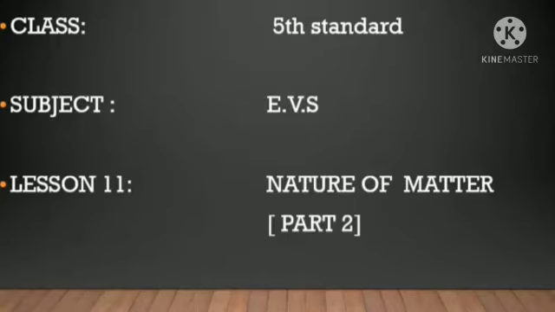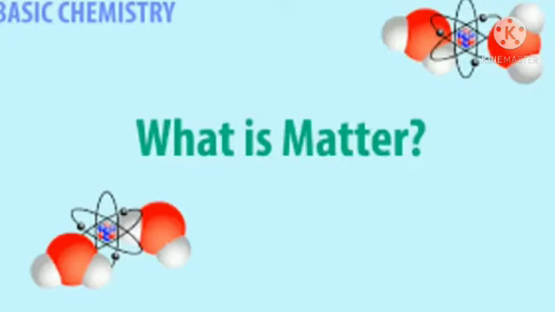The following video is for class 5, subject EVS Environmental Studies, lesson 11, Nature of Matter, part 2. In part 1 of this lesson, we did some activity, that is we collected some objects and we figured out if they are soft or hard materials or brittle materials, and so on. Then we saw what is matter. So continuing with